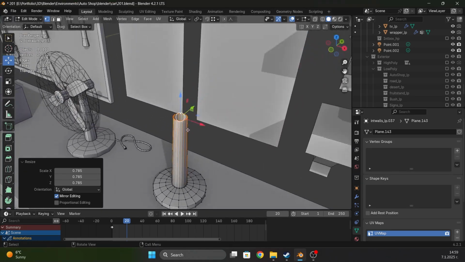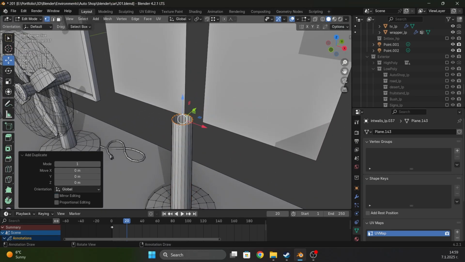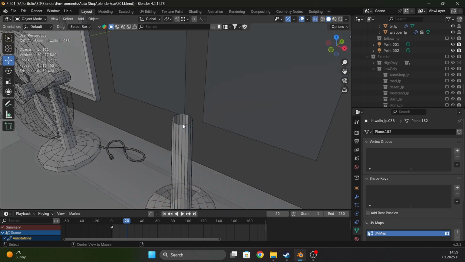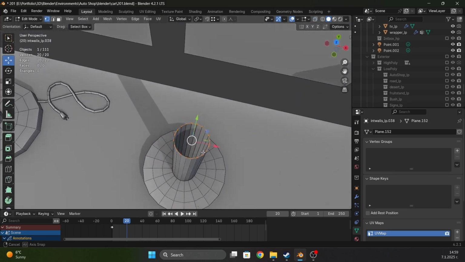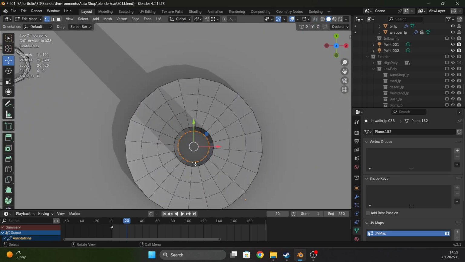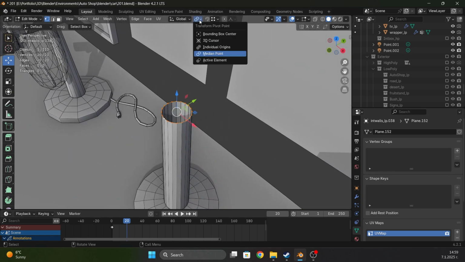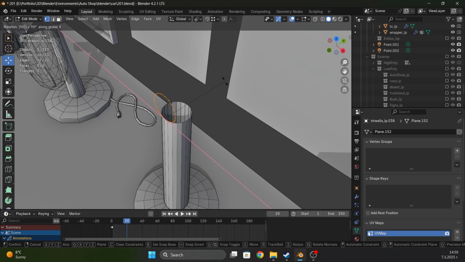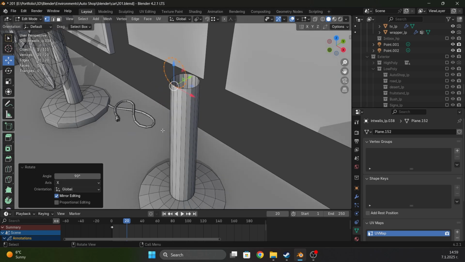Just make it more narrow. Then I copied this circle, separated it into a new mesh. Then I selected it, and I selected this vert because it's sort of in the middle. I changed this option to active element, and I rotated it around the x-axis 90 degrees, so RX 90